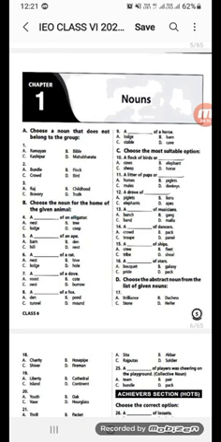Now further, nouns are divided into two categories and these two categories are countable and uncountable. From its name itself you can understand that nouns which can be counted, which can be numbered are called countable nouns. For example, students, men, cows, cities, stars. You can count the students in your class. You can count the men in your house. You can count the cows in a field. You can count the cities in your state or in your country. You can even count the stars also.